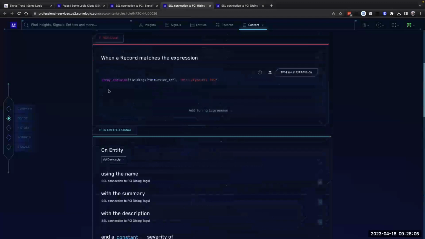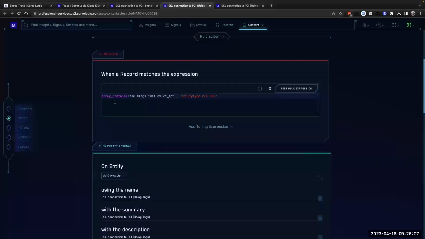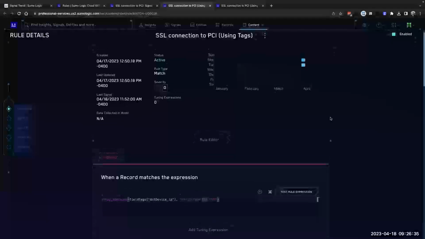Go back to the editor. As you can see, similar to how we use match lists with an array contains operator, or also threat lists, the field tags works the same way. So in my case, it's field tags. I'm looking specifically if its destination IP is matched and the actual value of the tag schema that I created, where we set the key to entity type and then the values to the PCI POS. So again, very